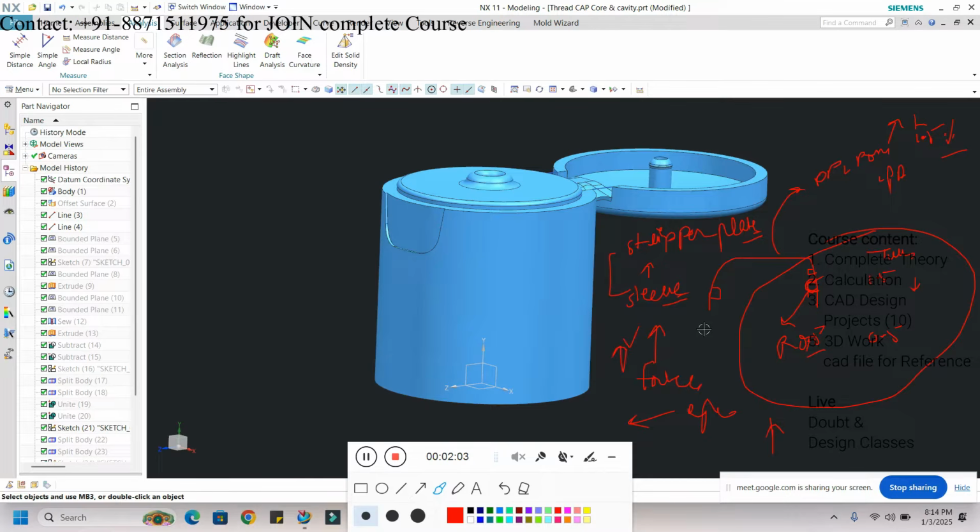What is the reason that I'm telling that the material should be PP, POM or PA? Higher shrinkage value. But why am I including only these three materials? Because it is a more flexible material. During the jumping out process it will not deform. That's why it is a flexible material.